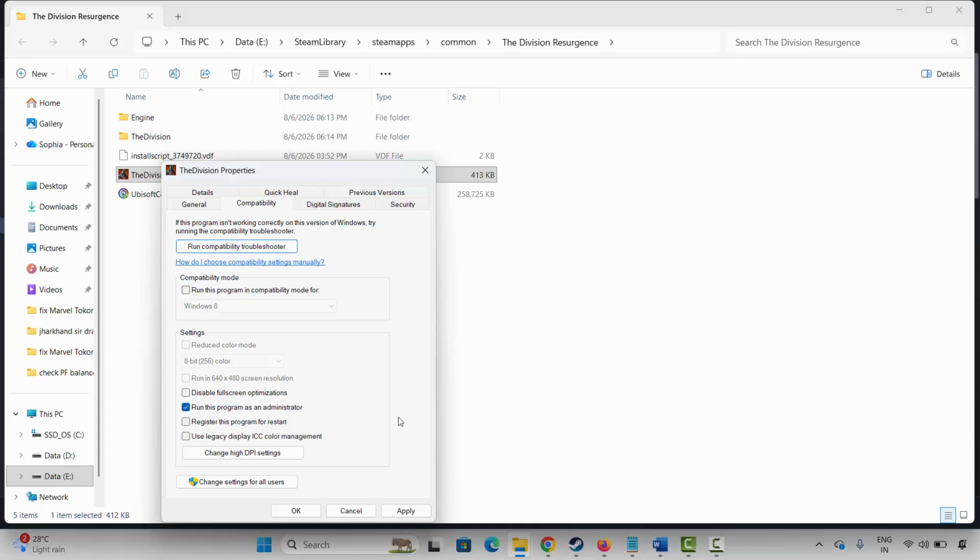If this doesn't work, come back again. This time select run this program in compatibility mode for, select Windows 8, hit on apply and OK and after that launch the game and check. If this also doesn't work, come back again. This time select disable full screen optimizations and then hit on apply and OK and then launch the game and check if it's working. If this doesn't work, come back again, uncheck all of these, hit on apply and OK